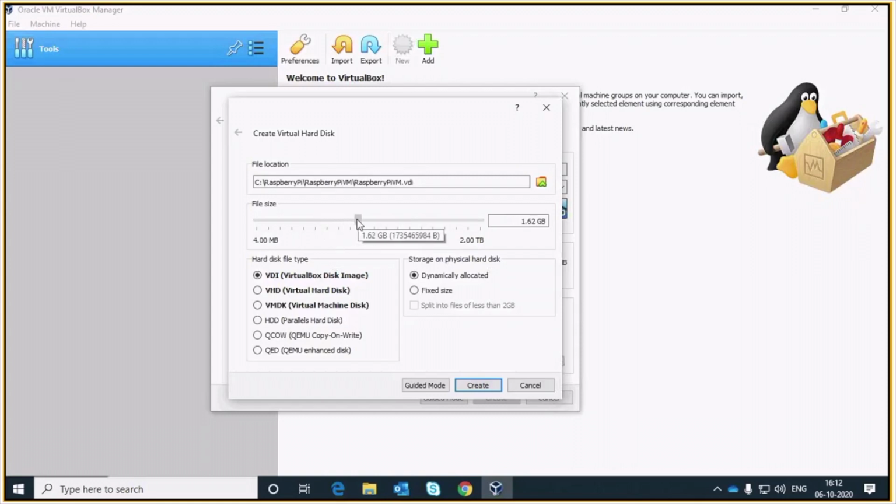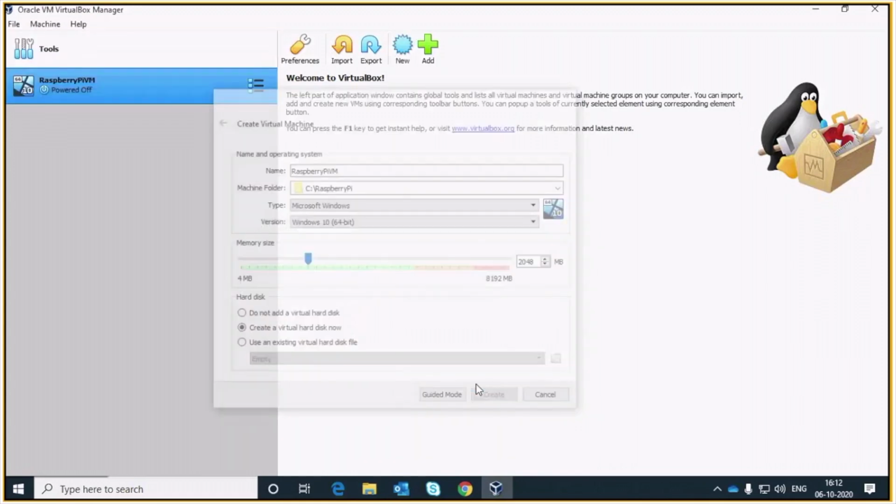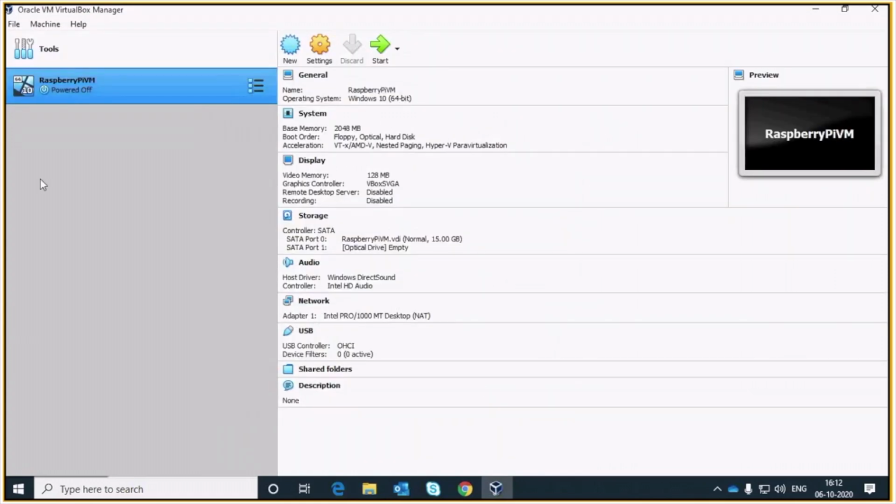I would recommend giving at least 15 to 20 GB of space. I'm giving just 15 GB over here, and then select the VDI VirtualBox disk image. We have to choose this option because we are using a Raspberry Pi image, and then create. This will create the Raspberry Pi VM over here.